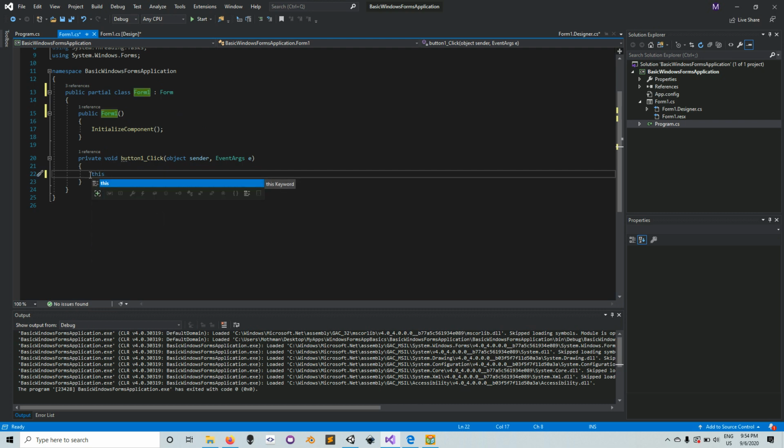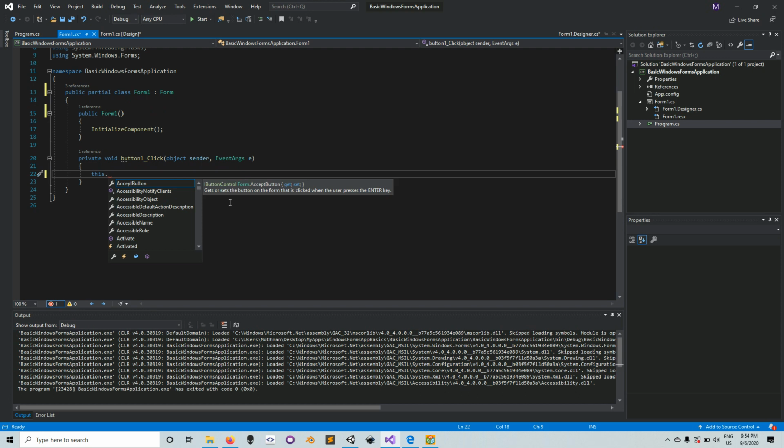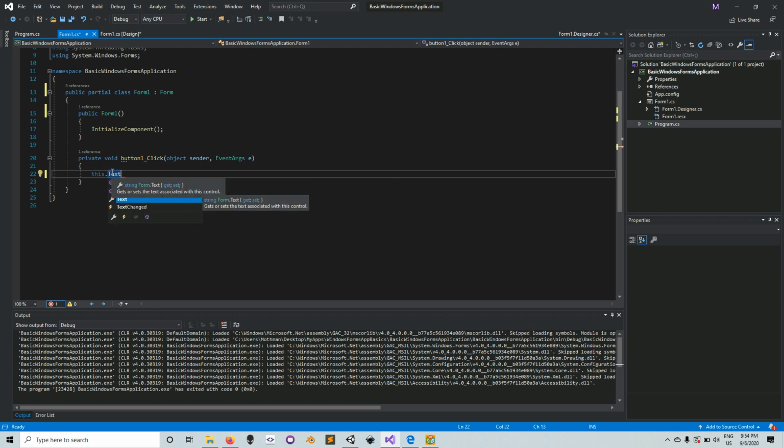If you use this keyword within an object or within a class, it gives you the particular object in which you are working. I don't know if this is making any sense, but just know that if you want to access the particular form which we are working on, you use this keyword. So we're going to use this to access the form itself. So this dot, what we want is the text of the form. That's the text property of the form. So we're going to say this dot text is equal to